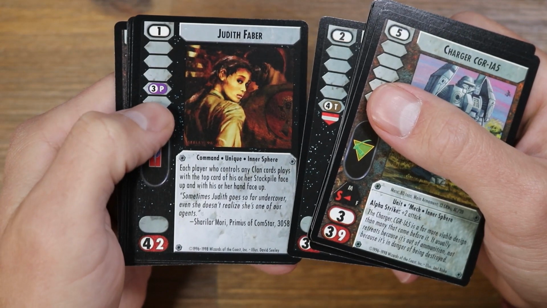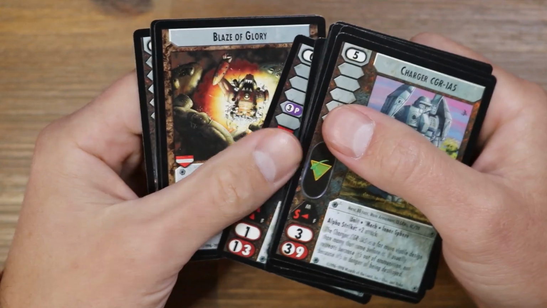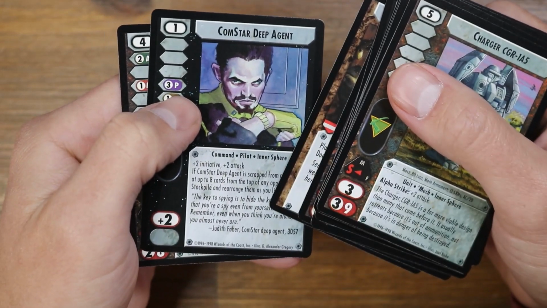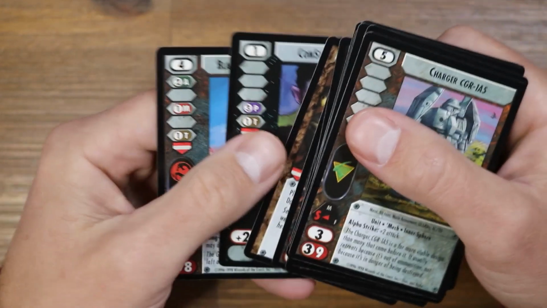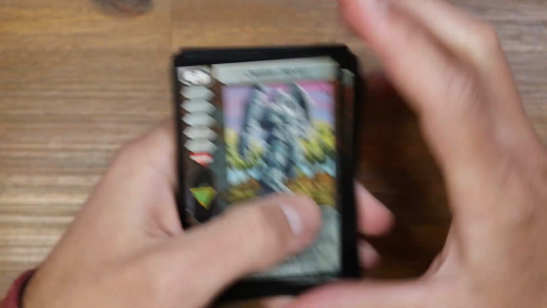Judas, I don't know that name. I haven't read that far in the lore. Another Deep Agent. I feel like Deep Agent is a rare, but that would be interesting if I got 2 of them. It must be an uncommon. Probably an uncommon. But